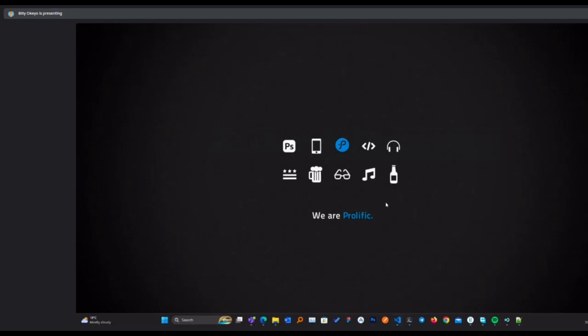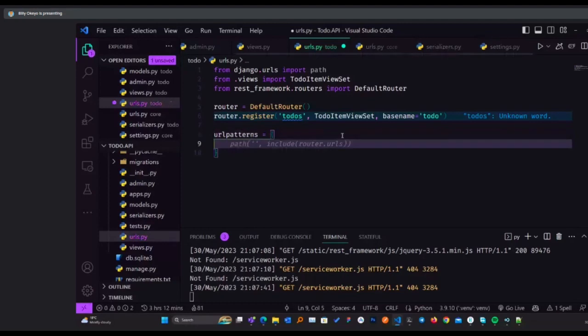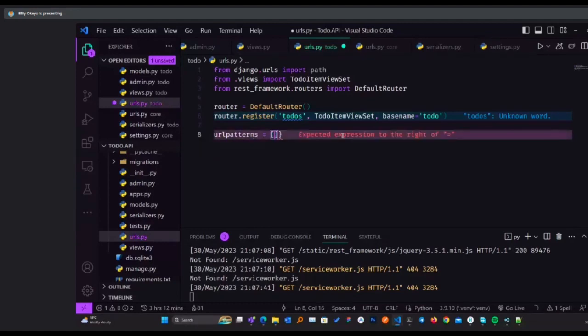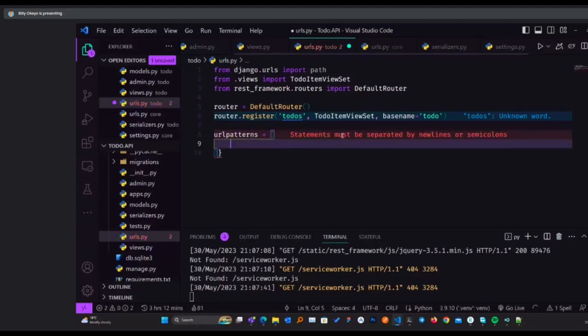So probably I'll have to change the structure. By default, I think that's supposed to work, but let me just change to what we have here so that you can see if that was the issue. So I'll have this format instead.